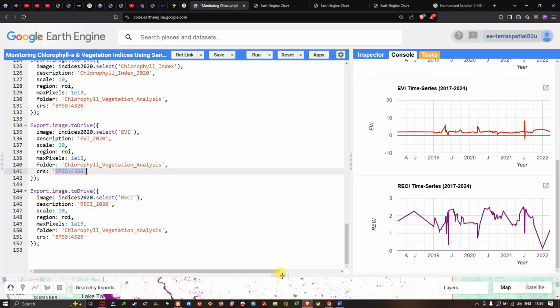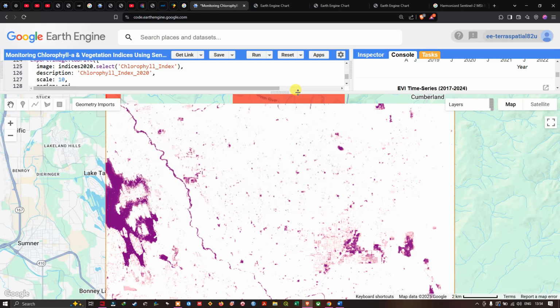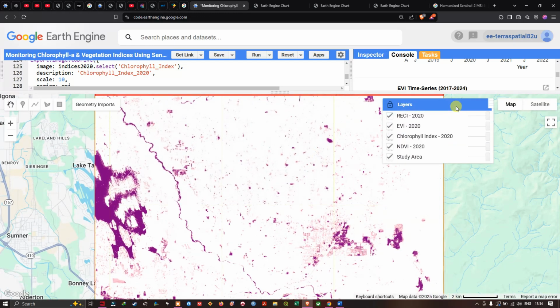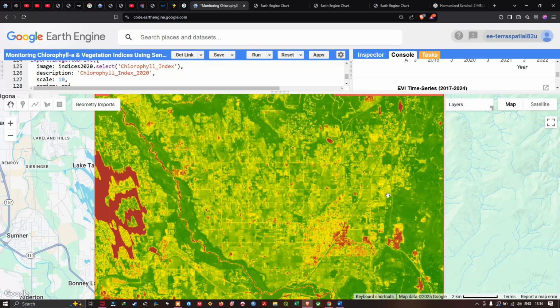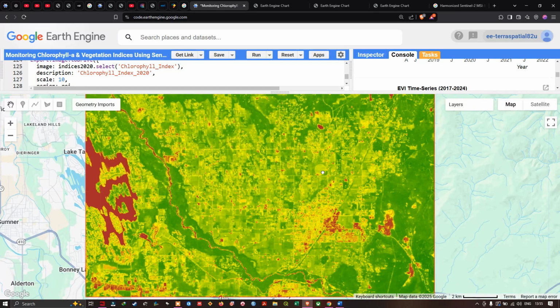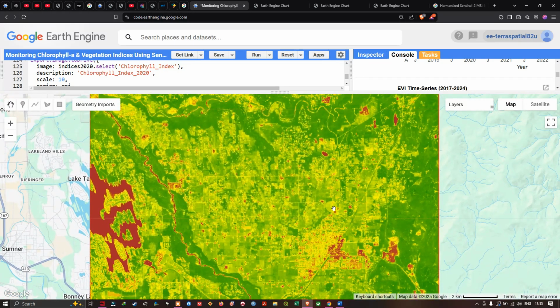So now let us visualize the result here. I'm going to navigate to the layer section. First, let us visualize the NDVI image. This is the NDVI image of 2020 for this particular study region. The highest NDVI values are indicated in green color, and the lowest NDVI values are indicated in red